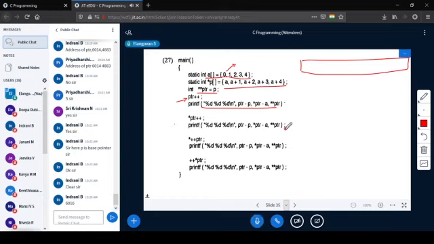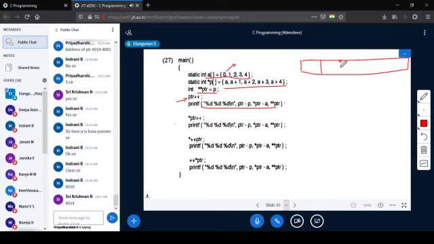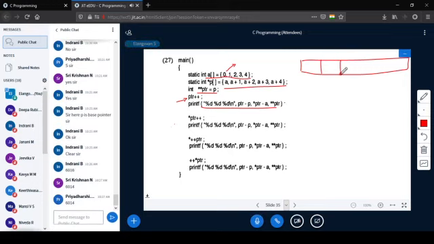Yes, 6014, correct. Then what will happen? PTR minus P. What is PTR minus P?